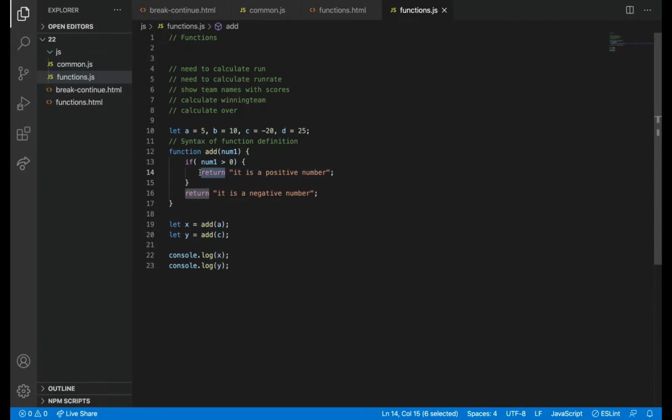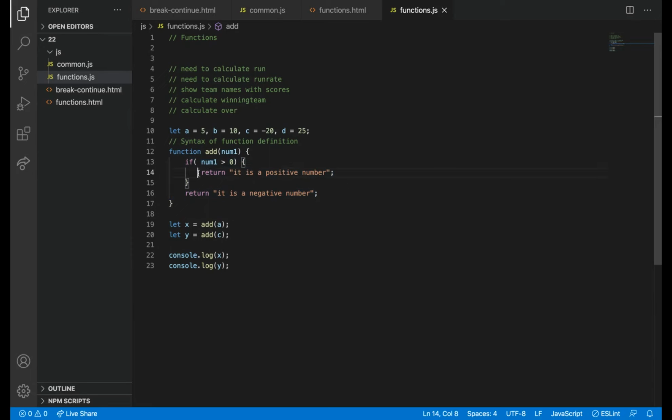Whenever the function finds a return, it works the same as break, it will come out of the loop. It will return the value and then come out of the loop. Break will come out without returning any values, but here return will return some value and come out of the loop. So for now, you can understand this also now itself, because as per the condition, how JavaScript will get executed, it will execute here, and then after executing this, it will come to here, right?